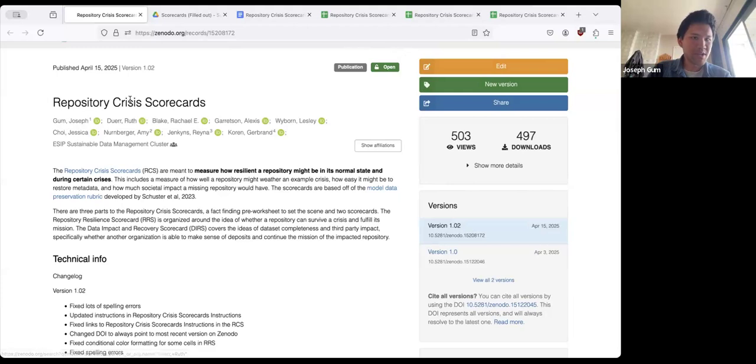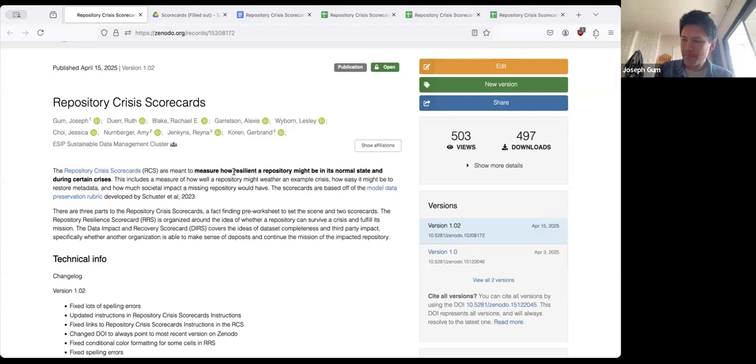To get to the point, the repository crisis scorecards are meant to measure how resilient a repository might be in its normal state and during certain crises. Some of us may have heard of the NASA DAAC at Columbia University suddenly being given a stop work order.